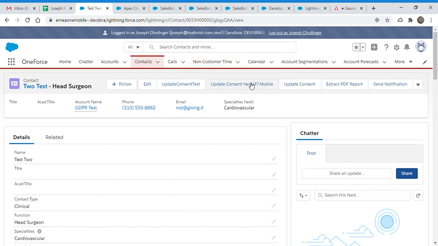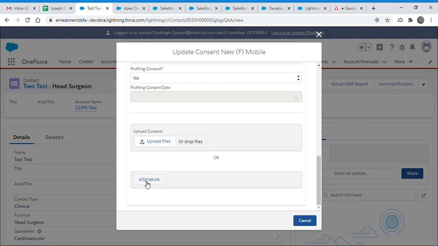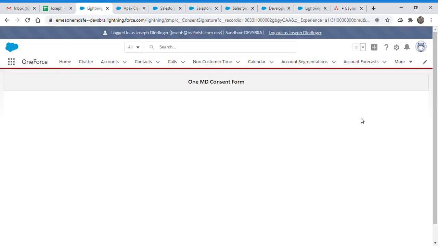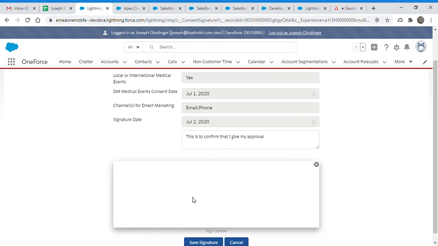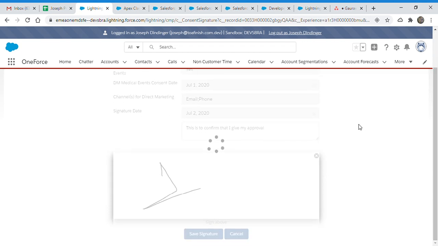But I wanted to show you the new button that I moved from dev6 to here, that is update consent new full screen mobile. It is right here. There were some labels and things that I created for it; it was not here. Okay, it's working, and let me just sign it. Save sign. It took a few seconds, and my Wi-Fi is very slow.